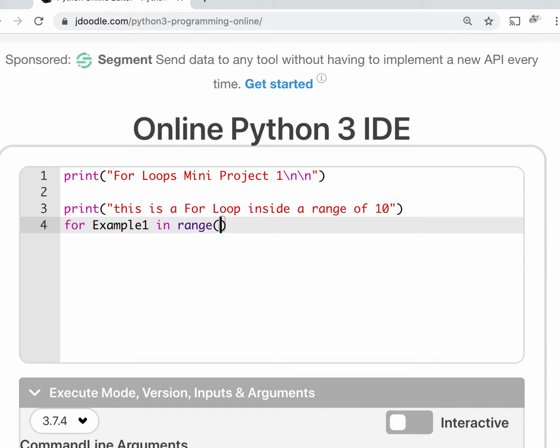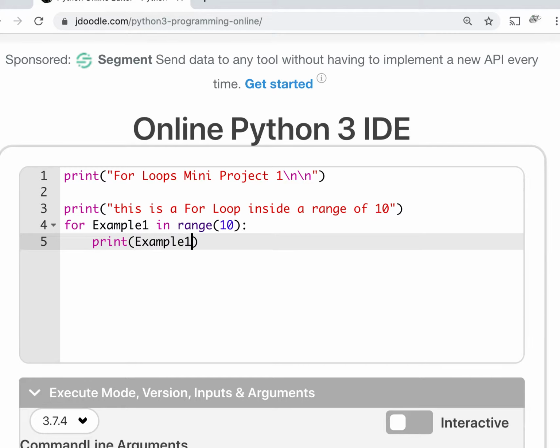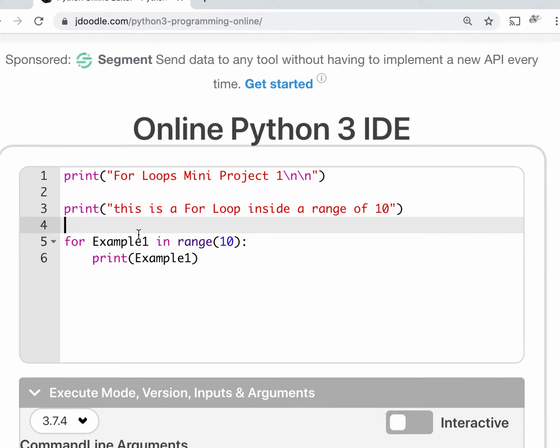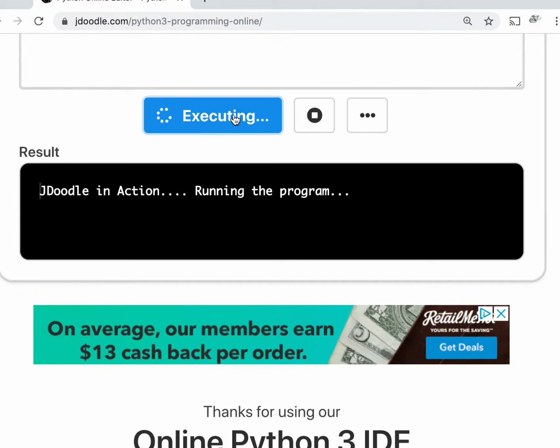Now, we have a range. We're going to just say it's a range of 10, right? So there's a range of 10. And at the end, put the colon, enter. And now as you see, it indents as well. So I'll just simply print example1. So see how this code right here? So for example1, for a variable which is in a range of this, I'm just going to print everything that's inside of it. So if I just hit execute down here,